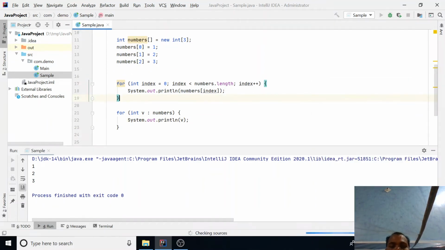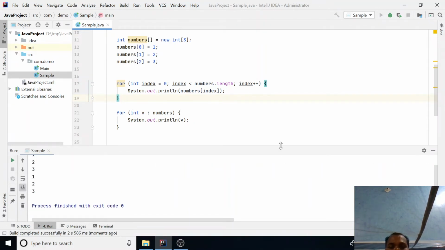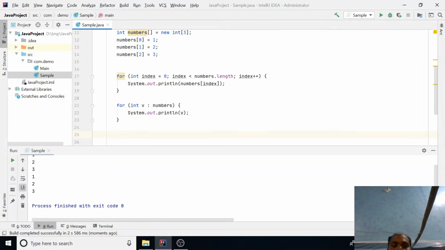These both kinds of loops are known as external iterators. Okay. Programmatically, these are the two syntaxes to retrieve values from an array. When Java evolved, Java got a different approach also. If you want to read all the elements of an array, Java provides a different set of APIs as well.